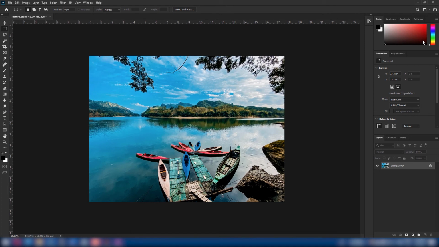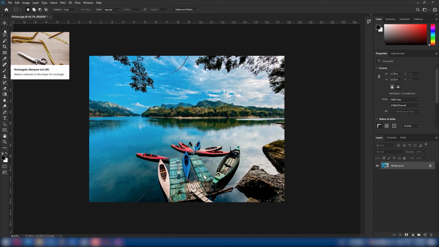Alright, we will also spend a lot of time in Photoshop switching different tools. Almost every tool has a shortcut. For example, the Move tool has the shortcut of the V key. So if I press the V key, it automatically selects the Move tool. If I tap the M key, we automatically select the Marquee tool. Now if you don't know the keyboard shortcut for a tool, you can hover over the tool to get a tooltip. You can also see the keyboard shortcut that's assigned to the tool by just clicking and holding on the tool. And if it has a shortcut, it will appear to the right of the tool's name.